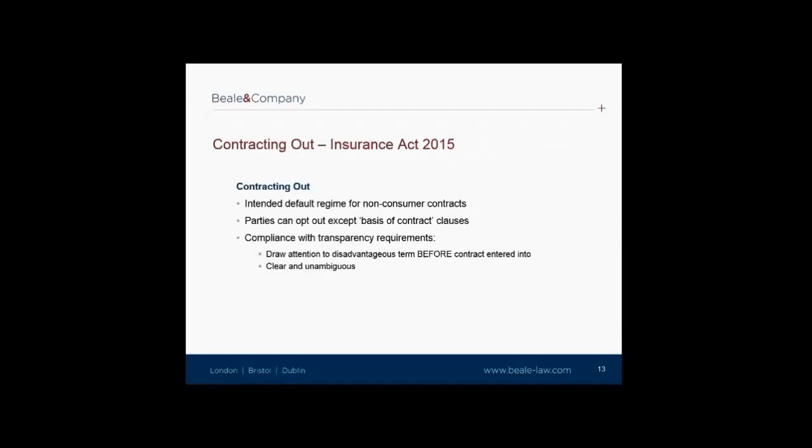Emphasis is also given to group insurance policies, whereby an individual may commit a fraud, but other members of the group policy have not. The fraudulent claimant and the insurer are treated as though they had entered into a separate contract of insurance between them, meaning that the innocent group members are not unfairly prejudiced.